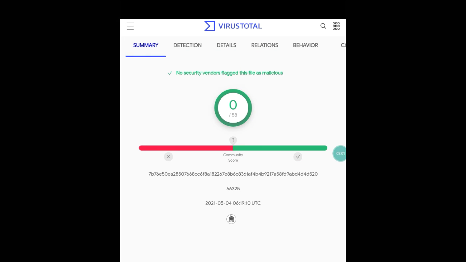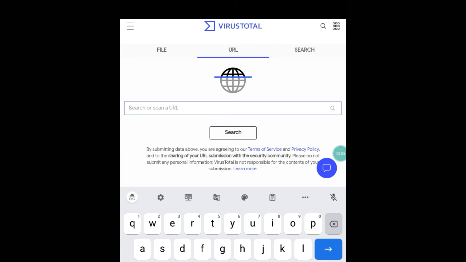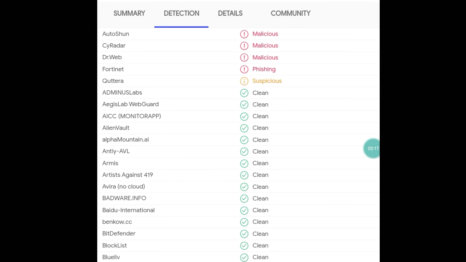So now let's try with a website. I'm going to go to this, and I'm just going to type in a URL which I had found suspicious. Okay, so as you can see,